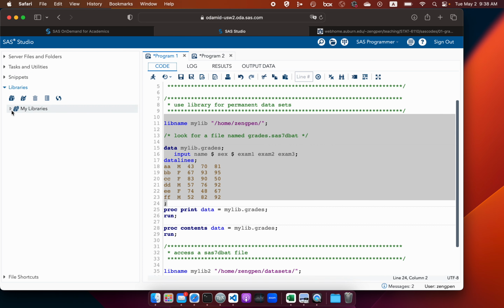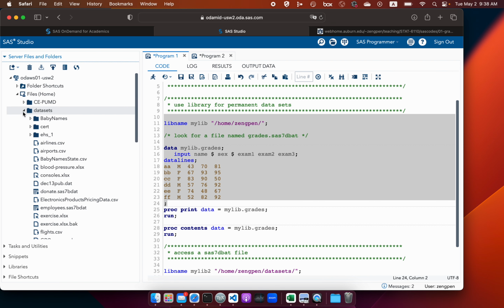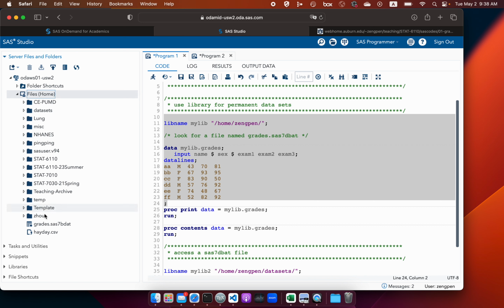Then in my library, you should be able to see a new library, right? So my lab, yeah, you can see it has one grades. You can also go to the file, go to the home, right? You can see in here there is a file with the name grades, and the file extension is SAS7BDAT. Yeah, so this is the newly created SAS dataset by my